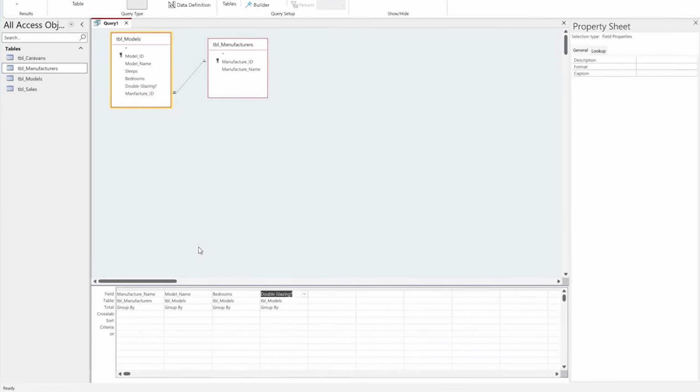So I'm going to go down to my area here, and this is where we can start to customize our queries. We can actually put some criteria inside of these queries to do something for us. So I'm going to click on where it says criteria, as we can see from this row along here, and I'm going to go onto the bedrooms section. And we can put in a couple of options. We can put in here, like we did inside of our validation rule inside of the creation of the tables, we can type in between